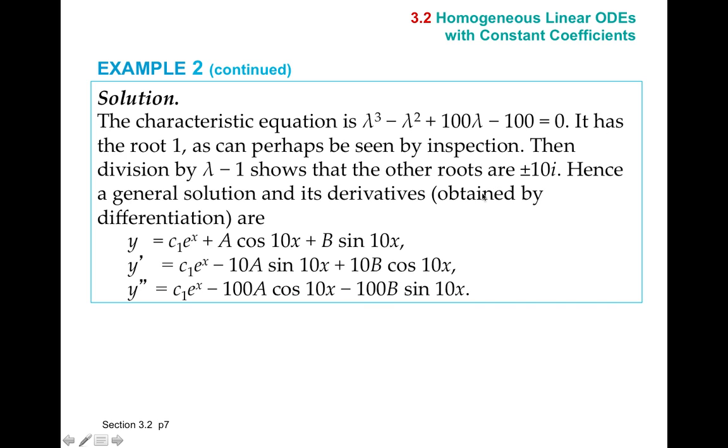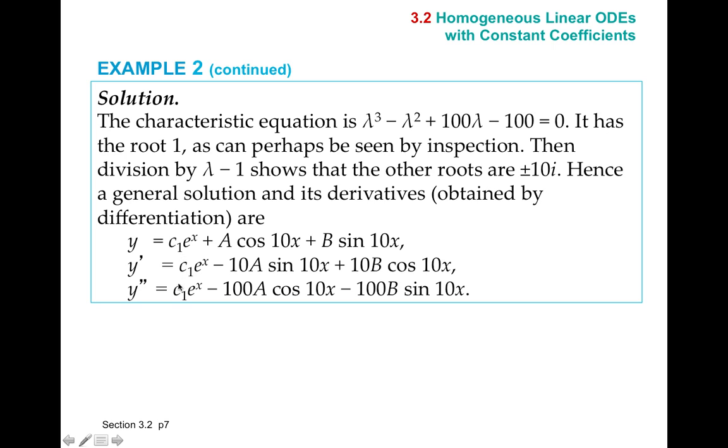The reason that this is not a damped sine and cosine is that usually this would be a complex conjugate that would have a real part. In this particular example, the real part is 0. So this is multiplied by e to the 0x, which is just 1. So you get the cosine and the sine, but the exponential damping term